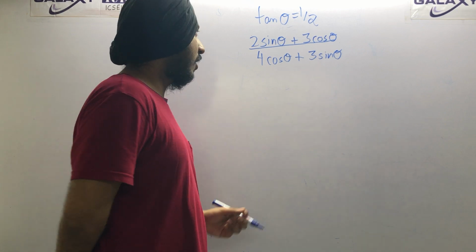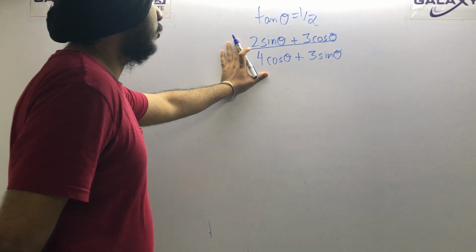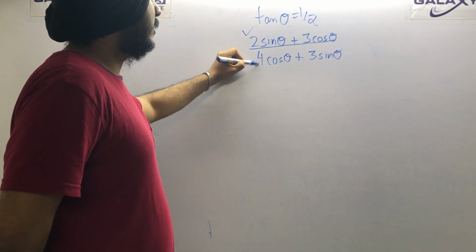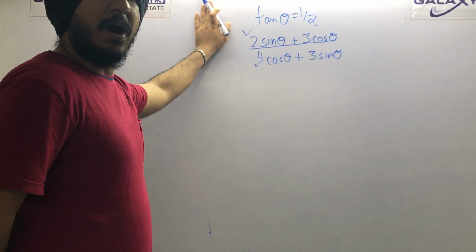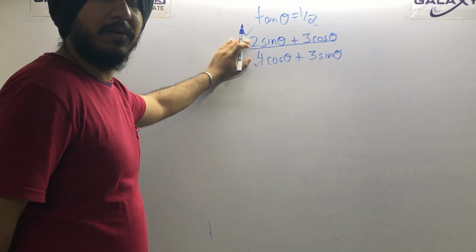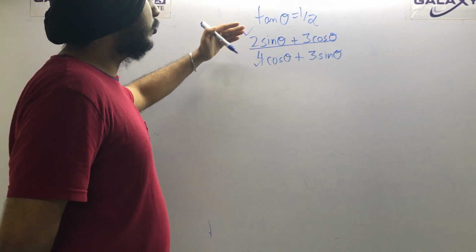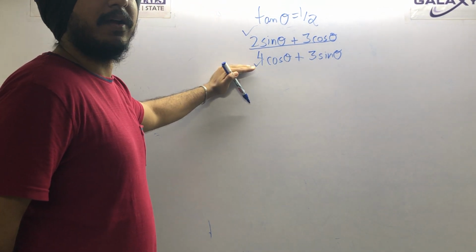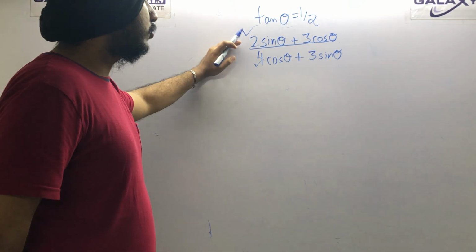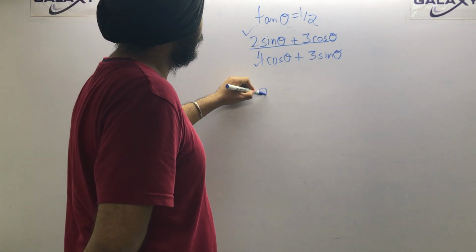So now what is coming to my mind right now is, look at this expression carefully. Look at the numerator and look at the denominator. How will you convert this expression into tan? You can convert this expression into tan by dividing both the numerator and denominator by cos. If you divide both numerator and denominator by cos, what will happen? Just look carefully now.